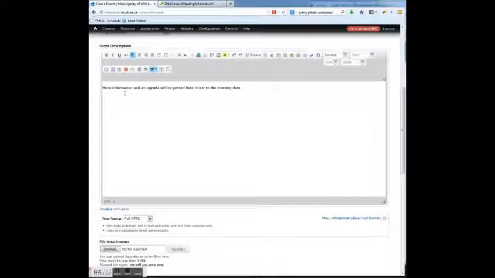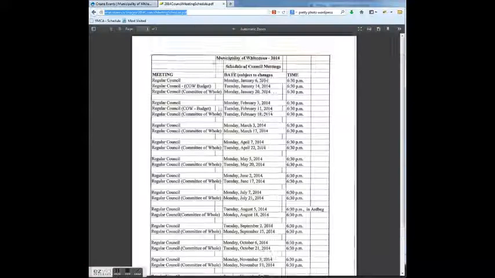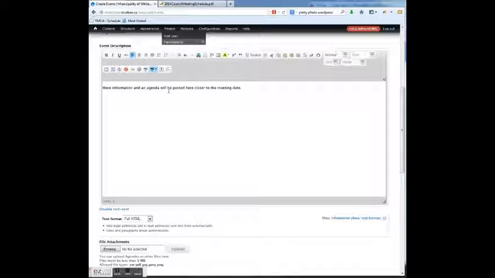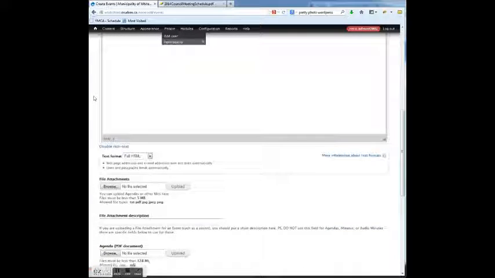And I'm also going to type in this thing they have at the bottom. All meetings to be held at unless otherwise advised. Yeah, so I'm going to have to type that. All meetings to be held at. I'll leave that out now, but I'll put it in afterwards. And then you can just cut and paste this from the April 7th one for all the other ones going